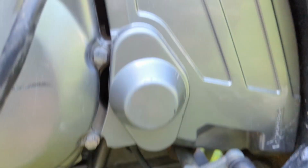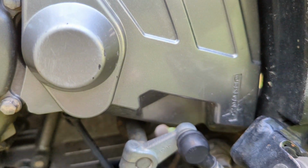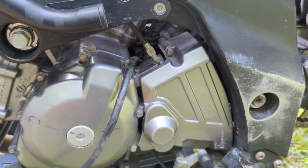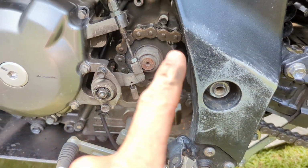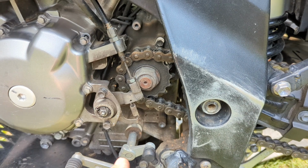Should be an 8mm that fits all of those. 8mm that fits this thing too. And once we pop this cover off, we'll see what else we got to do. All right, like I said, you got to take this sprocket cover off, which I did, is just 3 8mm